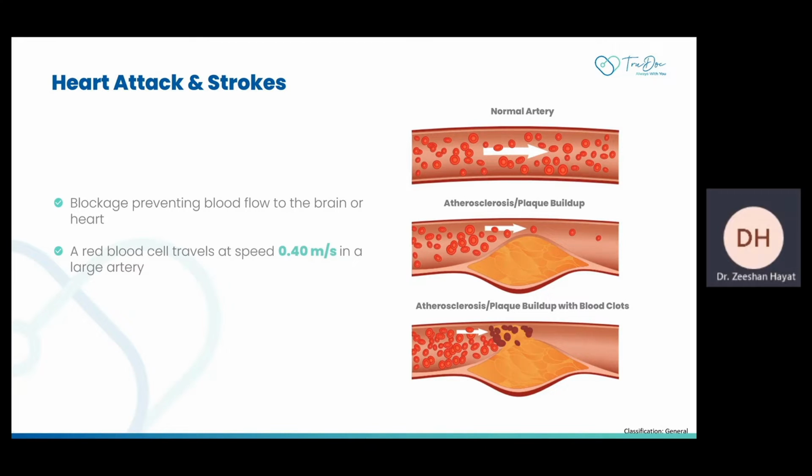Next is when there is plaque formation, which is known as atherosclerosis, and this happens with time. You have a trauma in the artery, there's a clot formation, and the individual may have high lipids in their blood, or other factors such as diabetes or high blood pressure. All factors play a role. And in the last slide, you have a blockage.